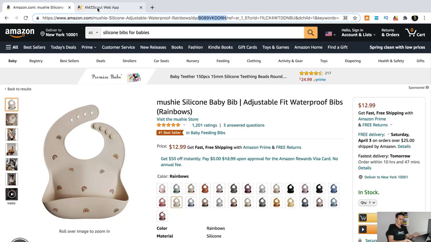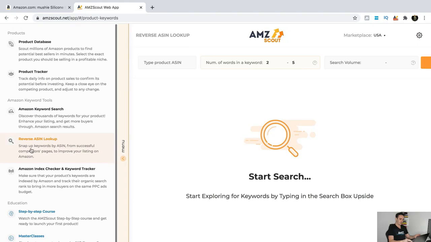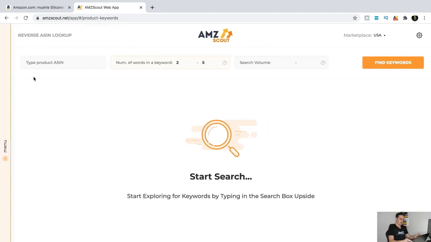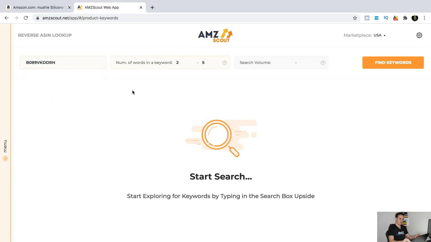We're then going to head over to my AMZ Scout account. If you go into the side menu here, you're going to click on reverse ASIN lookup, and then inside of here you're going to type in that product ASIN that we just had. So I'm going to copy and paste that particular ASIN, and then we're going to hit search,